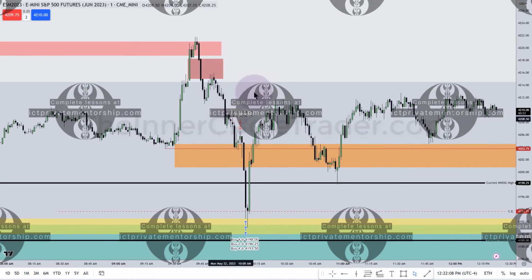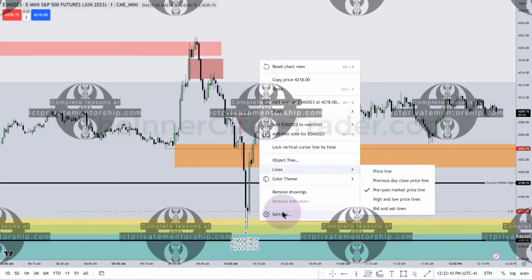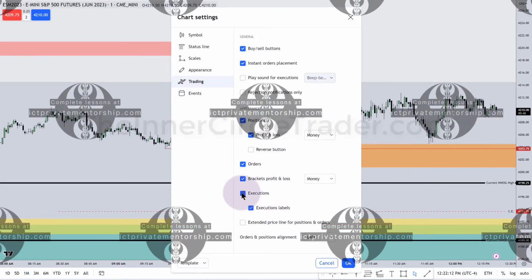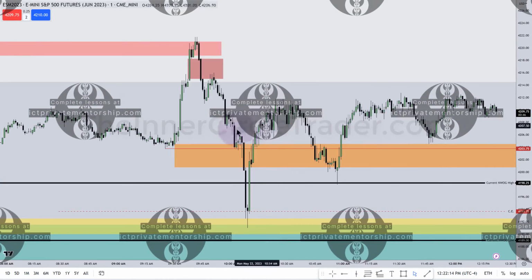there was, let me take the executions off so we can clean the chart up. Right there on that candle, that's 10:01. So now at 10:01, where's their fair value gap? Right there. But another one formed, and you watched me do that live in the recording, and then the limit order filled. The high on this candle came in at